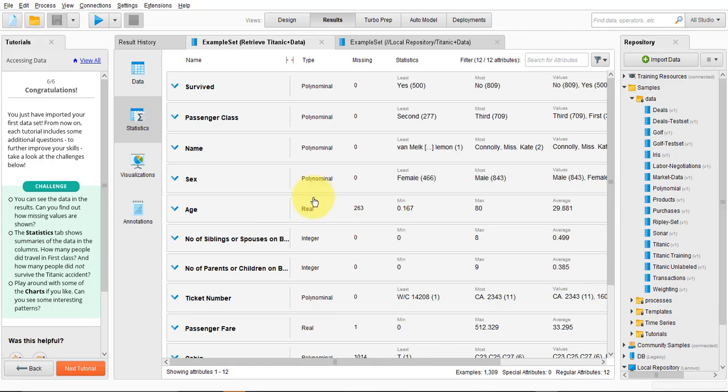Now, I don't know what polynomial means. This may be their own designation for something. Okay, anyway,